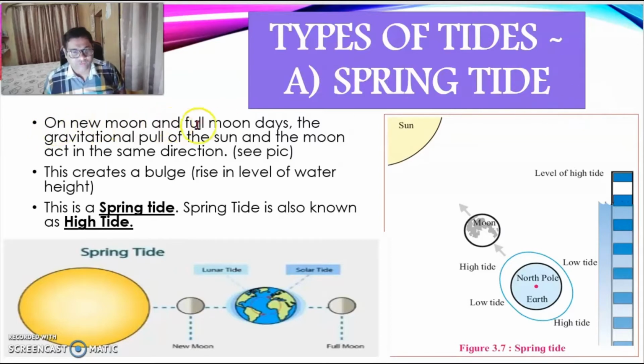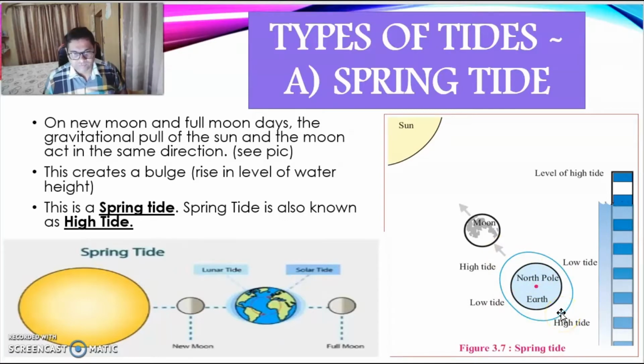Now on new moon and full moon days, the gravitational pull of the sun and the moon act in the same direction. Now you can see the gravitational pull here, and it is in the same direction. So the bulge is over here. You can see the bulge here and here. Here it is low. Both the opposite sides are